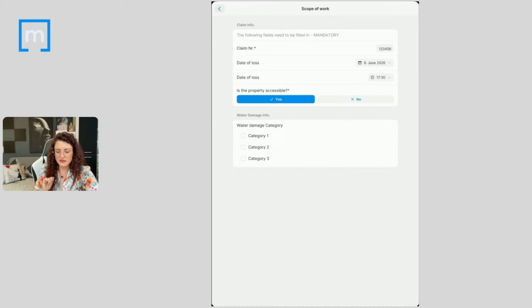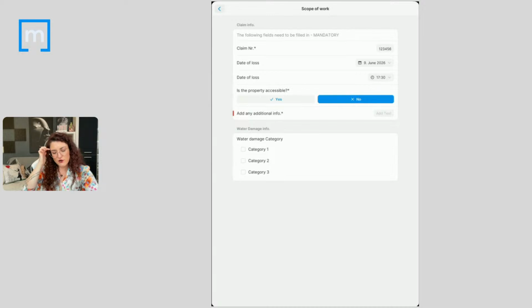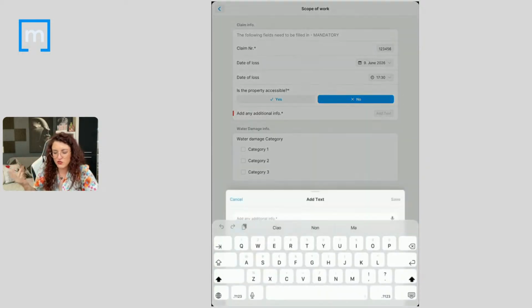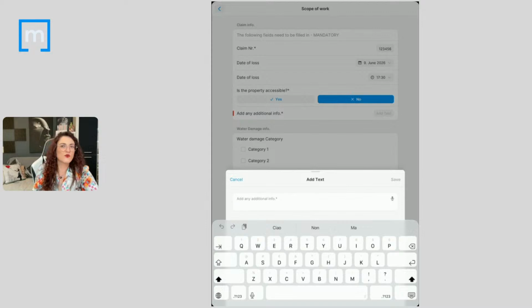If we say yes, nothing happens. But since we added a different logic, if we say no, now here we have any additional info, and we have the little star, meaning for me, the technician, that I need to add information for my boss or for the person who's in the office and then will get my project. I can say a,